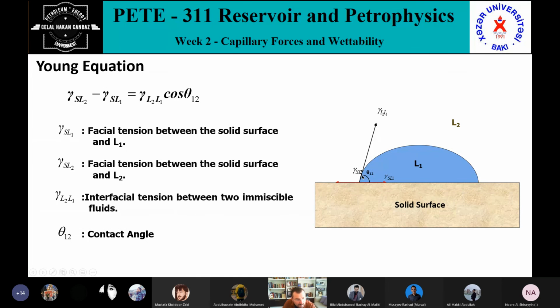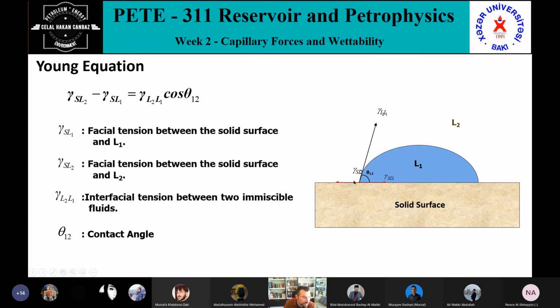So, what affects my theta in this case? All these three. Think about that. The force here is stronger. SL1 is stronger. So what will it be? It will have a tendency to form droplets, right? Form droplets. So what will it be? My contact angle will increase.